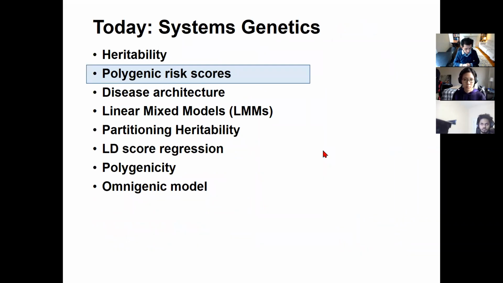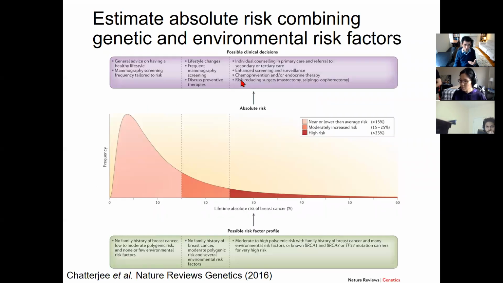Now we can also ask, well, great, we might not be able to explain everything, but can we use GWAS variants, and can we use all variants in the genome to try to predict the phenotype of a person using polygenic risk scores? So basically that means poly means many, and then genic, many genetic loci, and then risk scores predicting the risk of a person for a particular trait. So you can estimate the absolute risk combining both genetic and environmental risk factors. So you can basically say, your absolute risk is some